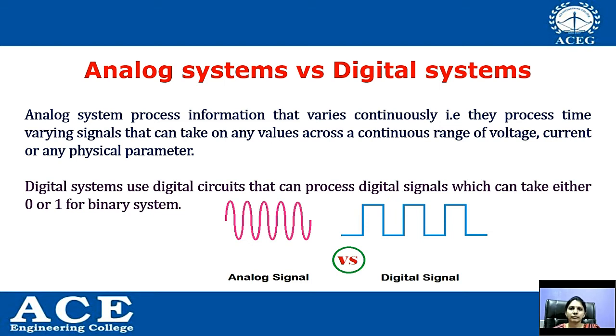Now, you may have a doubt. Why do we need digital signals or digital electronics? Yes, compared to analog electronics, digital electronics is more popular nowadays because of their advantages. Examples of digital systems are our mobile phones, with which our day starts and also ends nowadays. Best example of a digital system is our mobile phone which we use daily.